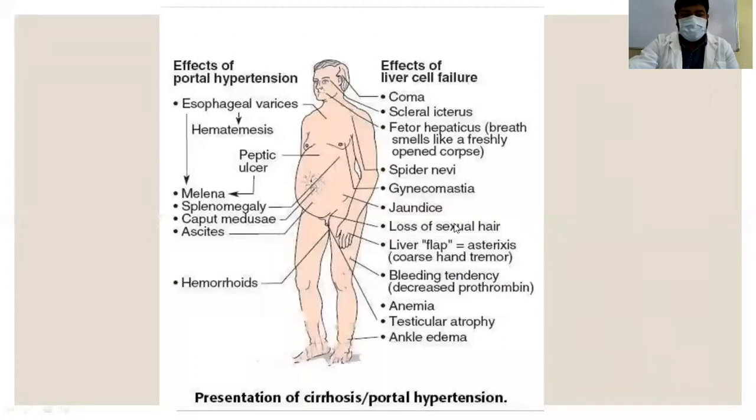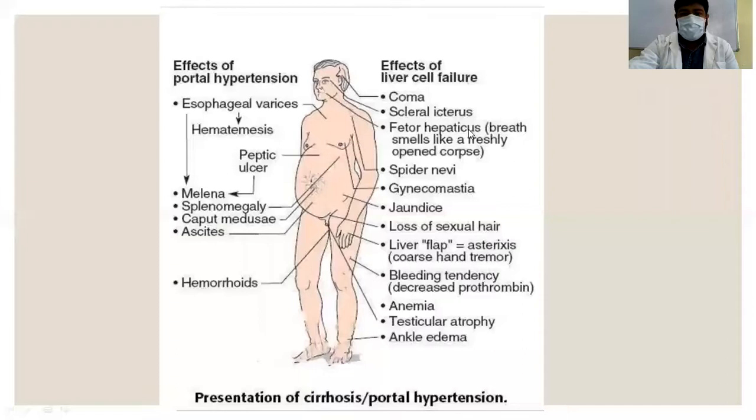See, these are all the features of portal hypertension, leading to liver cell failure, and these are the signs of liver cell failure. Alopecia can be there, and scleral icterus can be there. In jaundice, you have icterus in the sclera, right? You look for icterus in the sclera, and